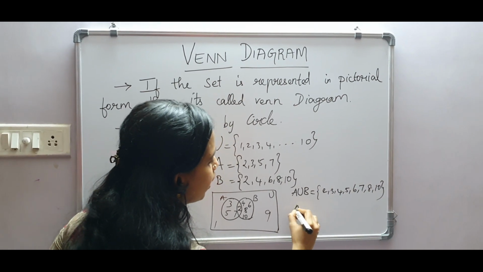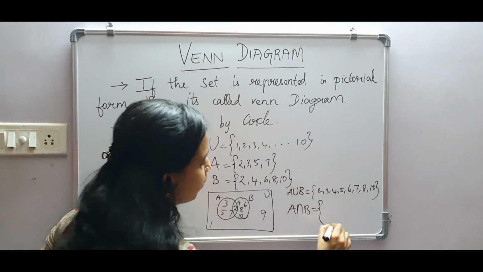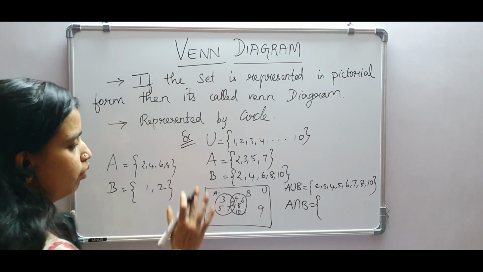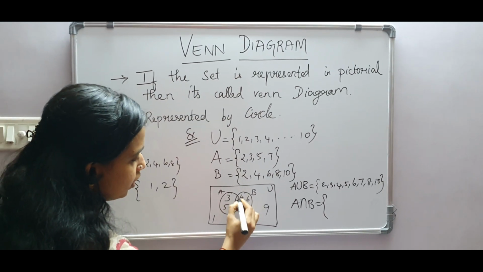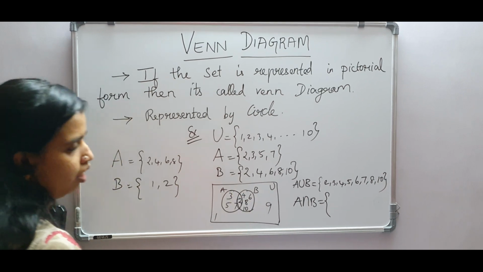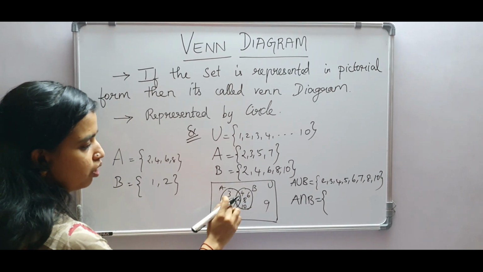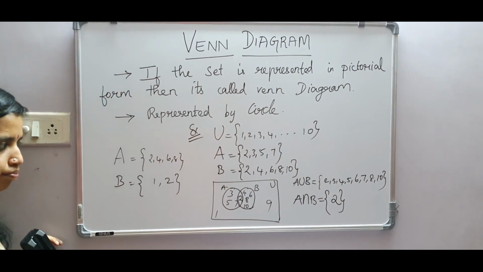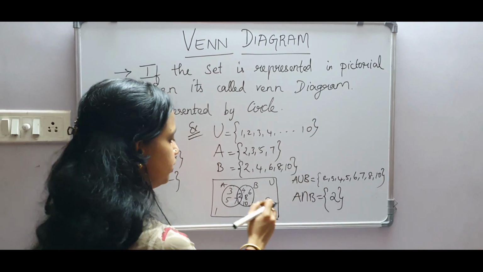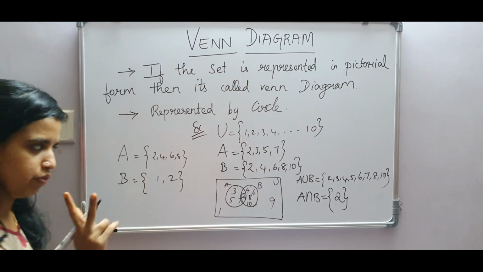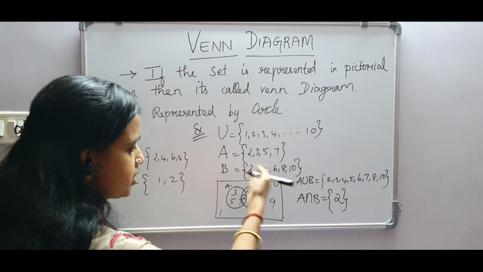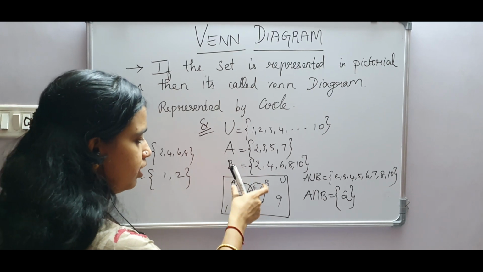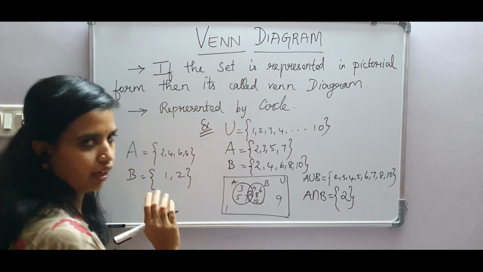And what is A intersection B? A intersection B is nothing but the common elements in those two sets. Generally in a Venn diagram, common elements are represented in between, in this space only. Why? Because this is the intersection of these two sets. The only common element we have is 2. Other than those elements, we have just 2 elements left over in the universal set, that is 1 and 9. We can represent them anywhere other than A union B. Outside the sets A and B, you can place 1 and 9 anywhere you like.